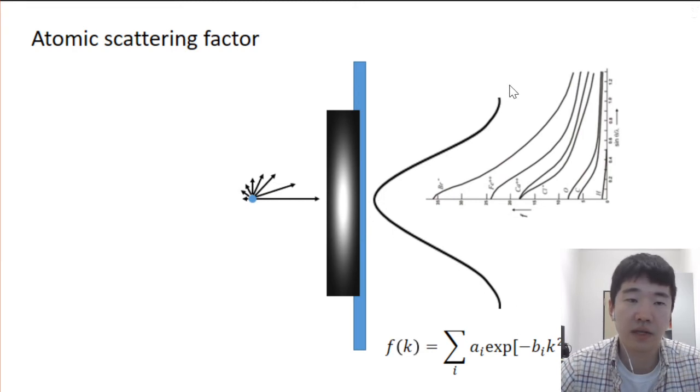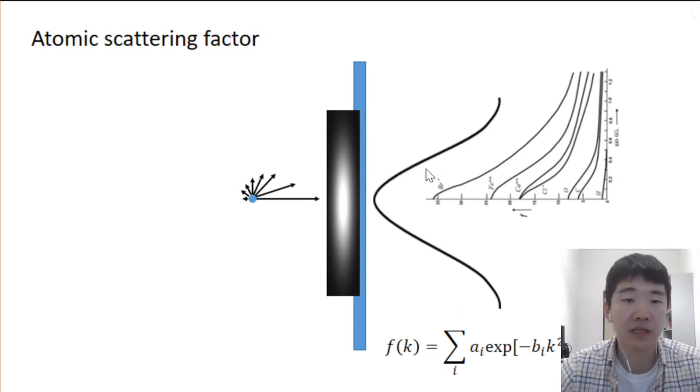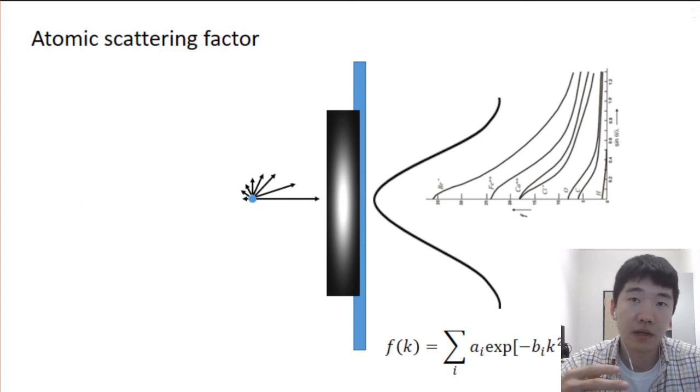This is what we call the atomic scattering factor. Actually, this depends on the Z, the atomic number, because if one element or atom in your specimen has a higher Z,